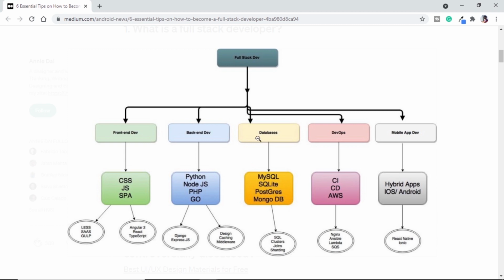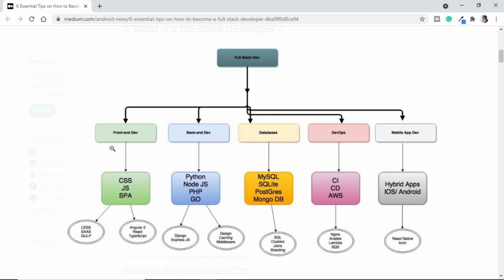Next, we have database. I hope this is not a new thing, but database is something where we can store our data, and there are different options to choose from, like MySQL, SQLite, Postgres, etc. And in our case, Django provides us with the default SQLite, so we are using this. Then comes DevOps. In loose terms, this means our online presence, the servers or the place where we keep our static files, etc. And in some cases, mobile app development is also considered in full stack development, and sometimes it is not. Let's not consider it in our case.